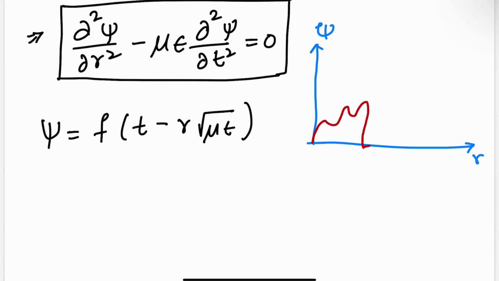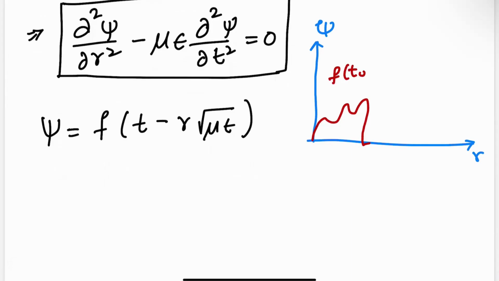So this is f of t0 comma r. Then if I take t0 to t0 plus r square root of mu epsilon,